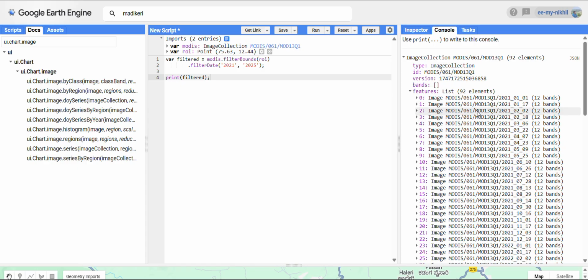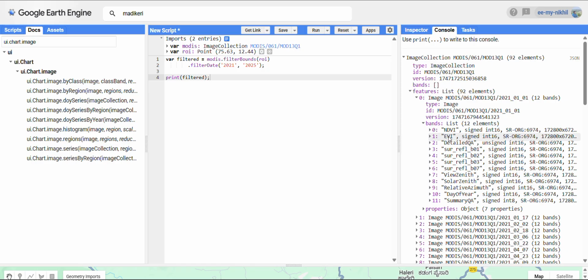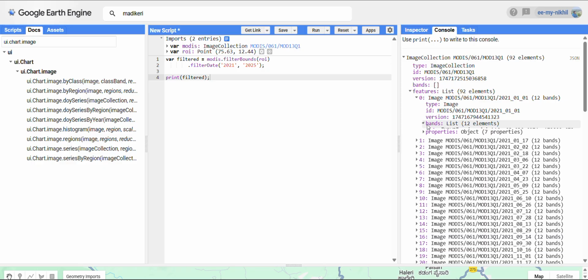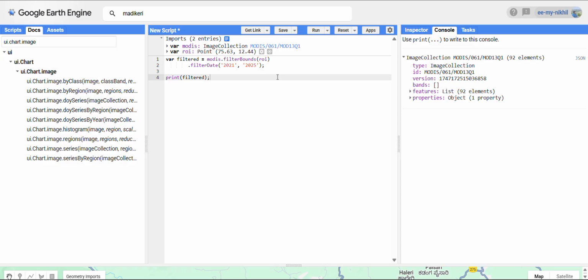Let's also look into the bands. We have EVI as well as NDVI as the two vegetation index bands, and the rest are all for removing the clouds, noisy pixels, or snow covered pixels. Those are all QA bands which are used, which are not of importance as of now. So we have the 92 elements with the two important bands of NDVI and EVI, which we have filtered down to